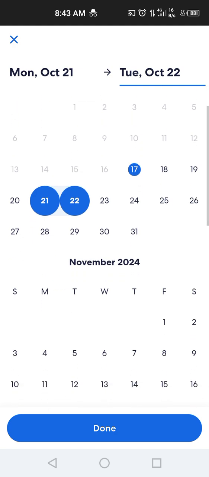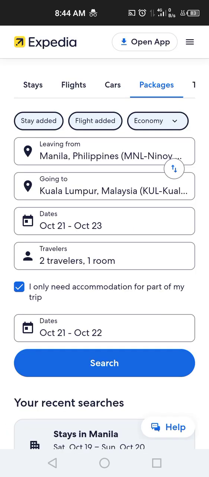I plan on staying in a 5-star hotel. So 2 days is enough for me, because tomorrow morning I actually plan on going back to the Philippines. So that's a total of 3 days and 2 nights. Okay, we're done.